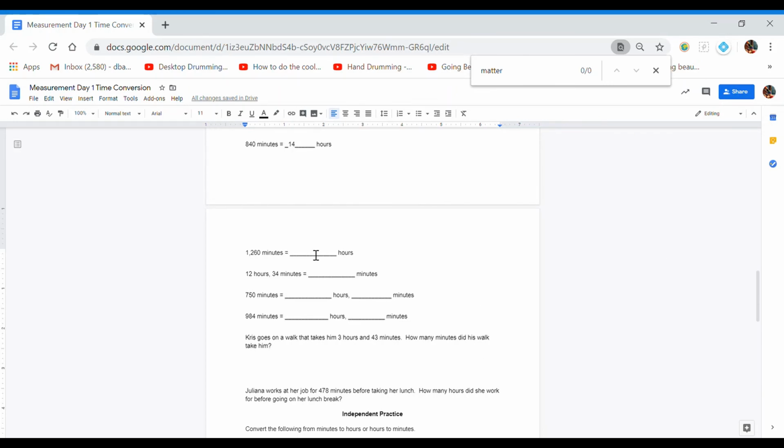1,260 minutes is equal to exactly 21 hours. There's no remainder in that division problem, so I don't need to worry about any minutes afterwards. You'll see in guided practice, I kind of give you a hint when there's a remainder. For now, 12 hours, 34 minutes. I don't need to convert the minutes. It's already there. So I should do 12 times 60 because I'm going to my smaller unit pieces. And 12 times 60 is